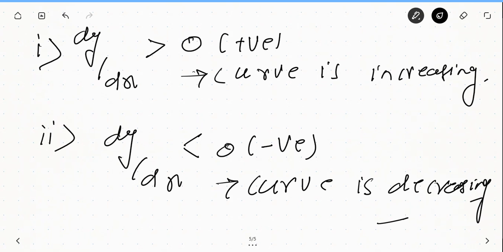Okay, is it clear? Now what is increasing and decreasing? There are different fashions in which we can draw these two conditions, that is, an increasing curve and a decreasing curve. We can draw an increasing curve in two ways, and also we can draw a decreasing curve in two ways. Now what are those two ways? Look,